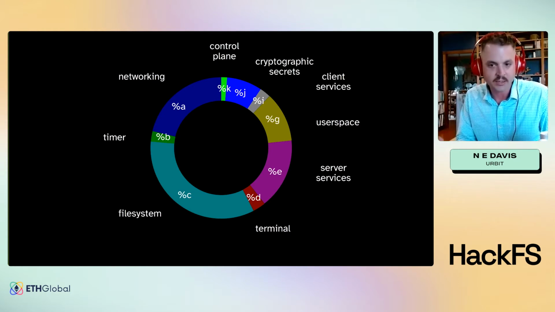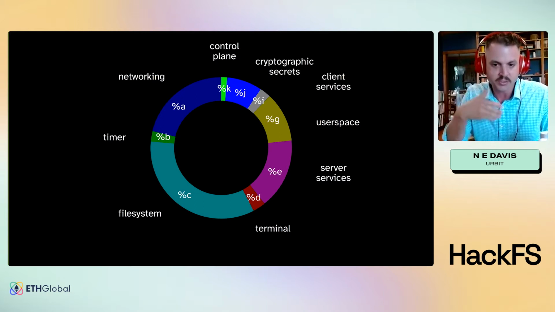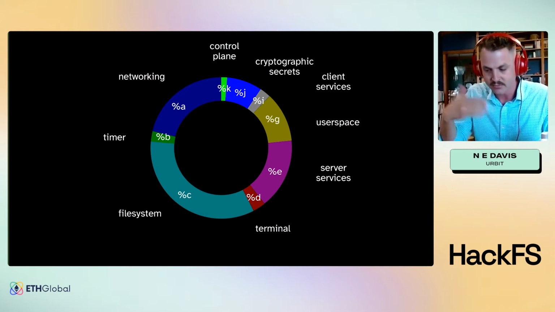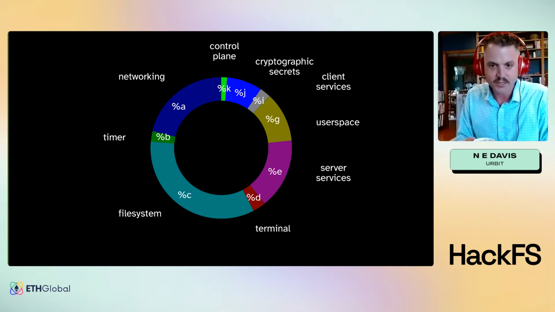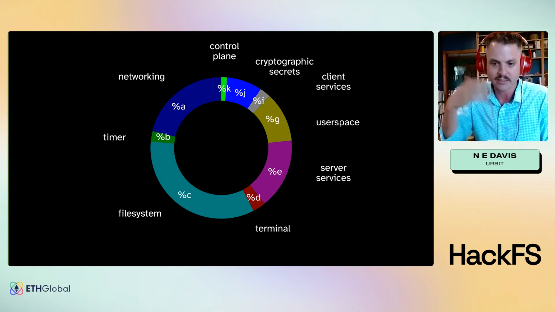Networking, it's UDP-based packet networking, like I said, end-to-end encrypted. So this is handled by one of the veins, which is Ames. There's a timer vein, which does wake-ups after a guaranteed time. There's a file system internal to an Urbit ship. It's not an S3 bucket, but you could think of it as similar to that, right?